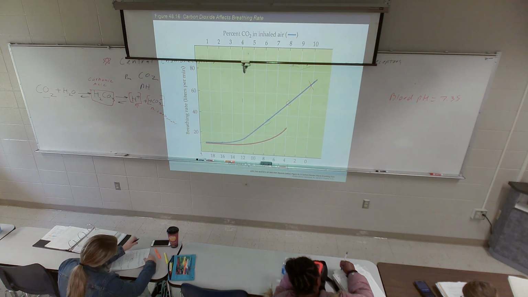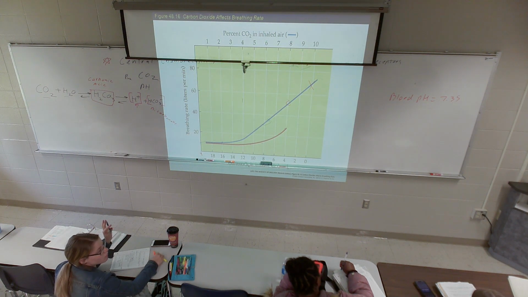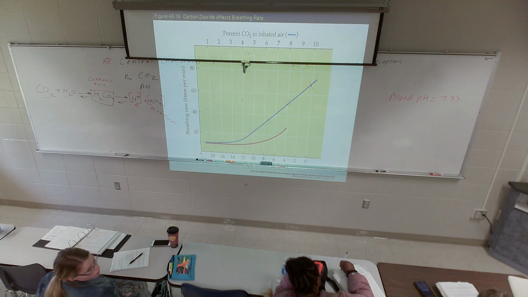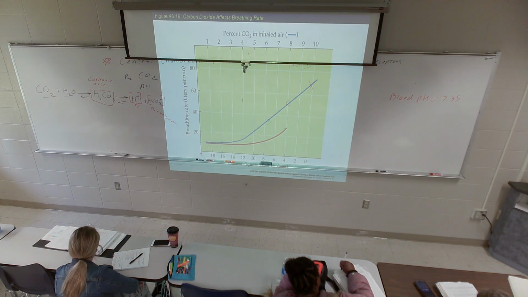That's also why people hyperventilate. You ever see them hyperventilate? That's really deep, rapid, abnormal breathing. What happens to them eventually? They pass out. That's not through the lack of oxygen. They have the same amount of oxygen in their blood anyway. If you breathe really fast, they refer to that as blowing off CO2.